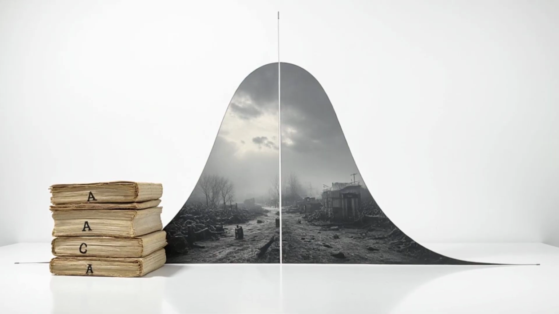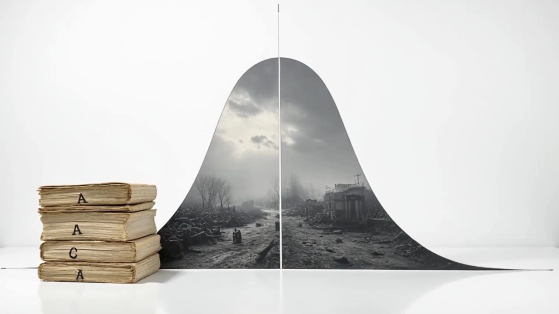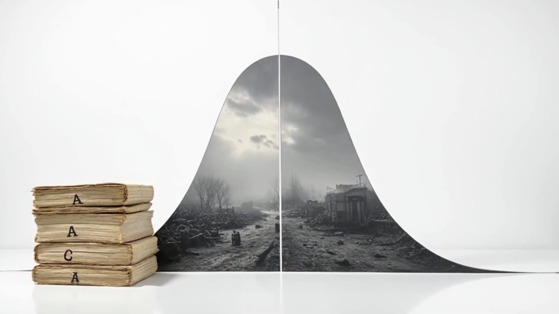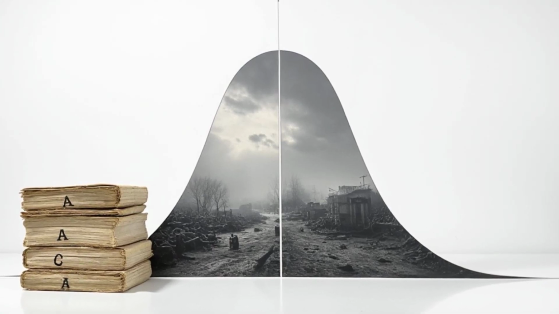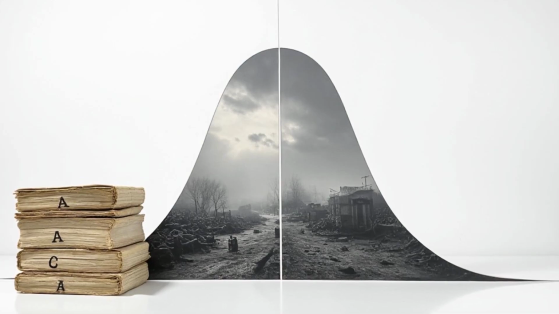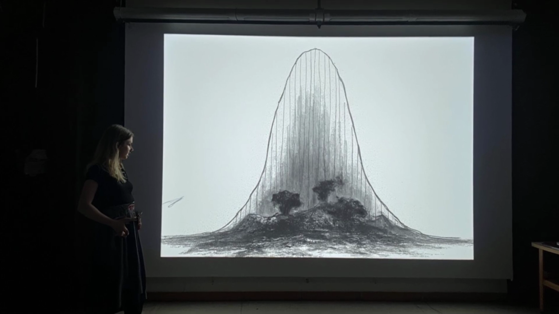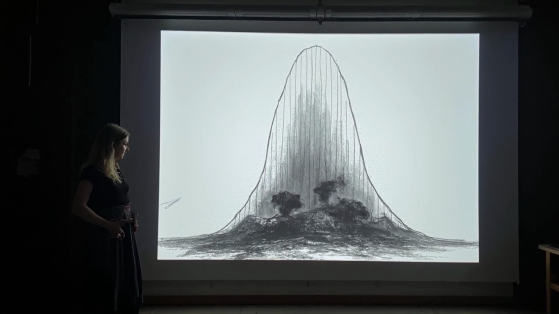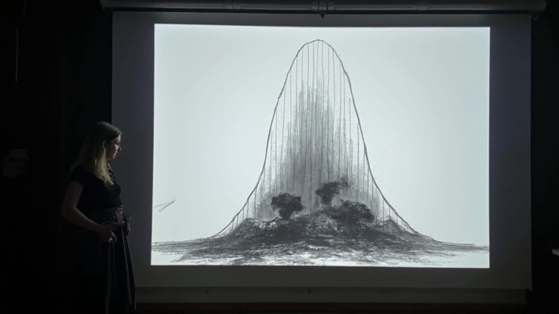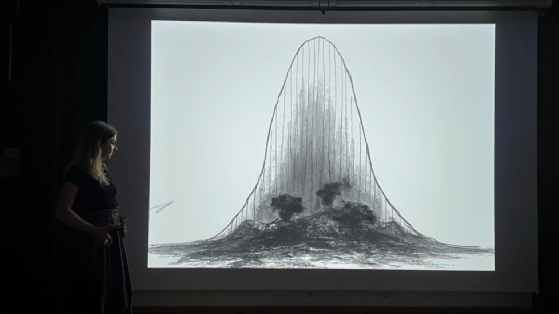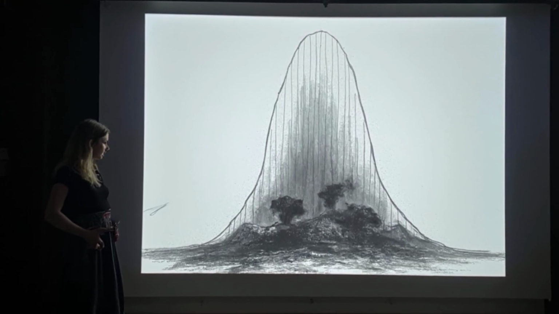But there was a problem with this approach. Actually, there were several problems, but the biggest one was this. The bell curve doesn't distinguish between acceptable and unacceptable outcomes. It just tells you what's statistically likely to happen. When you're measuring test scores, that's fine. Nobody loses sleep over whether a C+ is morally superior to a B-. But when you're measuring casualty rates, when you're calculating how many civilians will die in a bombing raid, the mathematical beauty of the curve starts to feel a lot less beautiful.